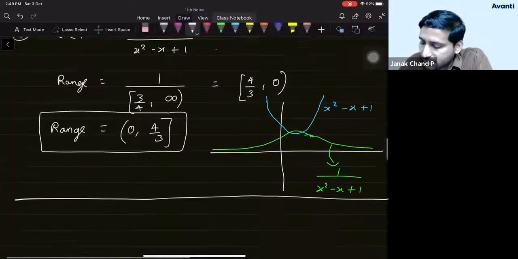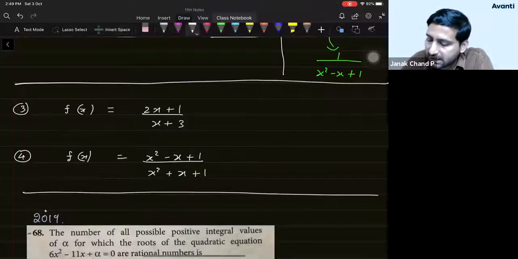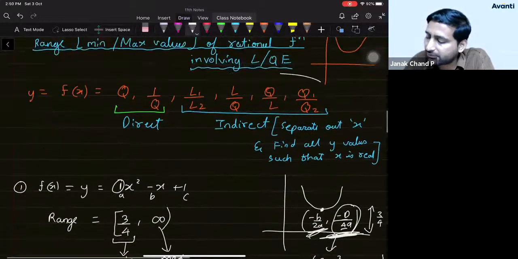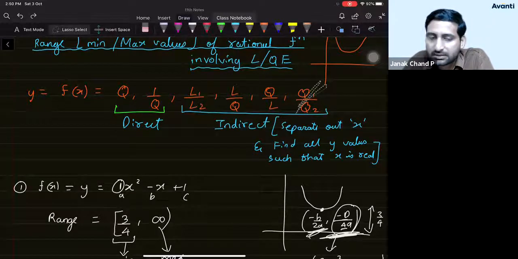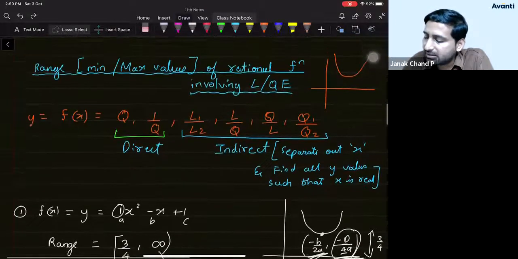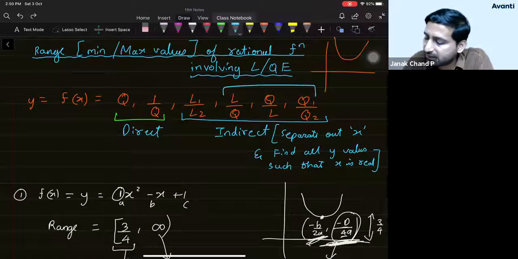Okay. The next thing is, student, when you have a ratio of linear or a ratio of two quadratics or any other thing. When I say any other thing, there are 4 things here. So what I'm doing is I will just do this and this, students. The same method you should apply if you get this or this. I'll be doing the lowest one and then the highest one. If you get any question of this or this type, you should do exactly what we are doing for this or this. To be more precise, these two questions will be similar to this. If I have to be more precise, these three are related.